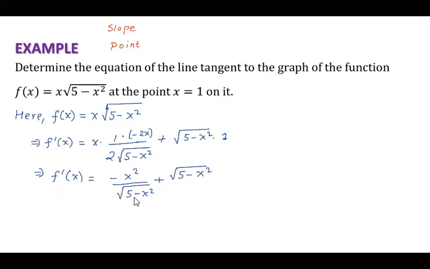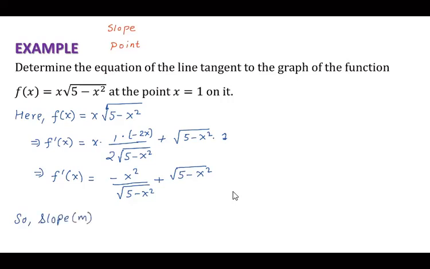Now, once we have this, this is our derivative. Now, we need the slope. And you know that derivative gives the slope at any point on the curve. But we want slope at x equal to 1. So if we plug in x equal to 1 into this equation here, we get the slope of the tangent line. So we can say slope